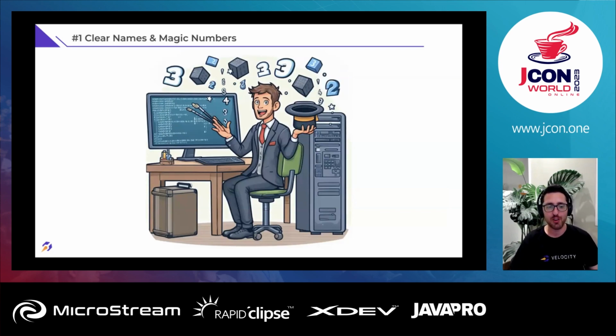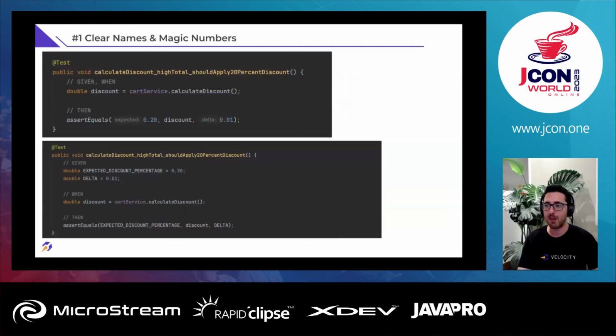So my favorite convention, as we've seen so far, is that the first part of the test is the name of the function that is under test. The second part is an input or scenario or state, something that indicates what's going on. And the last part is what it should return. In this case, calculate discount with high total should apply 20% discount, for example. But it's all about convention, right?